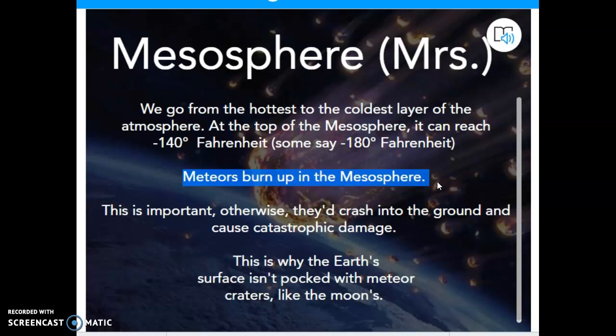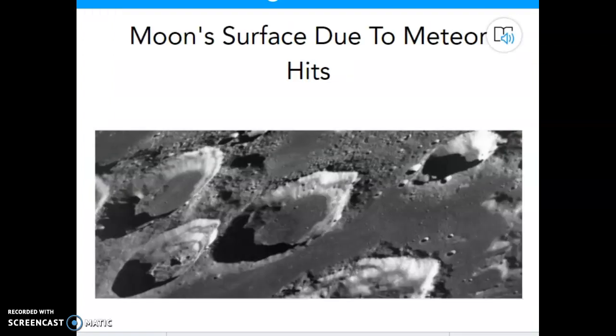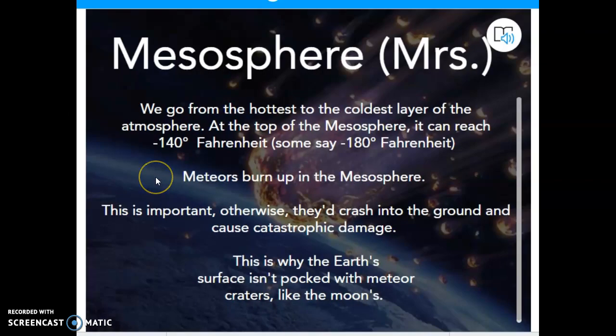If it weren't for the mesosphere, we might look like this on Earth. And that could be like our town or our house, and we would no longer be here. It'd be flat Mr. Bullens and flat Reagans in books, but we would no longer be around, and that would not be a good thing. Thank goodness the mesosphere is there, and that's where the meteors burn up typically when they come into our atmosphere. And there's some fantastic videos that you can watch about that are located in these slides as well.